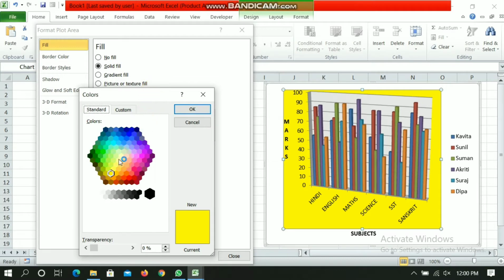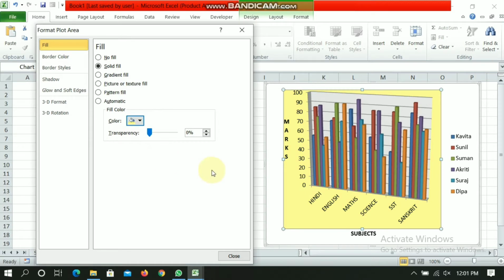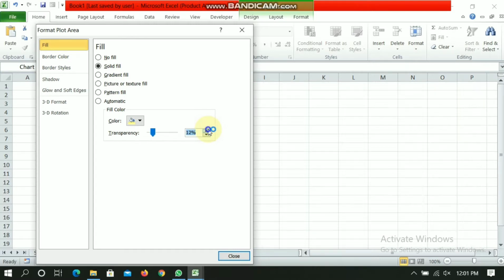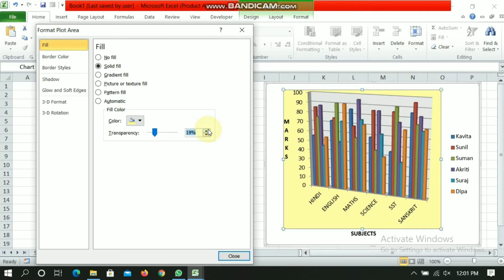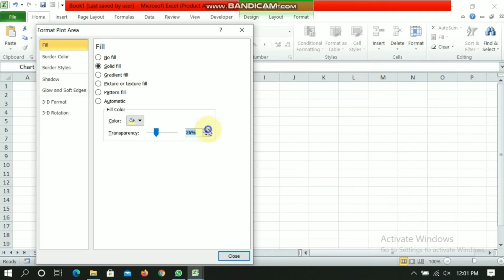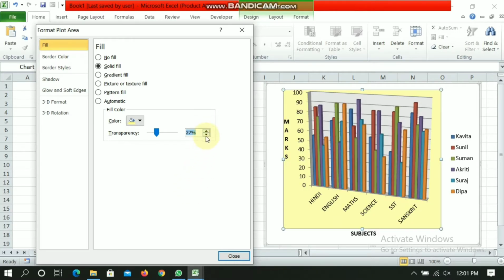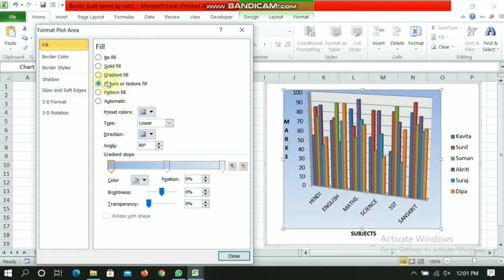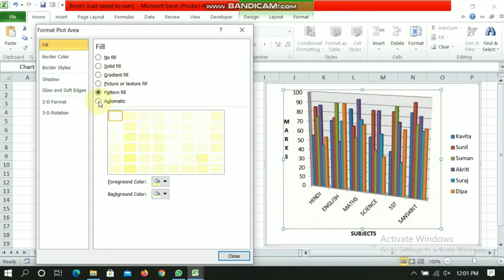You can choose any color from here also and click on OK. Here now you can see, and you can increase the transparency of the plot area. Okay, here I have done 30. After that, if you want other things, you can also do that.